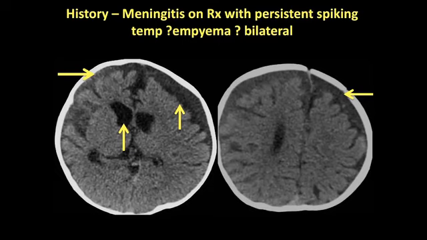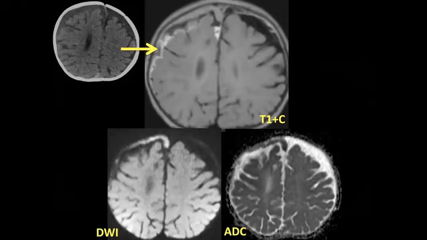How do we know which one's infected? Well, on CT, we really don't. And this is the role of MRI. So in these patients, we're going to give contrast and potentially see that enhancement. But as we know, the best way to see pus is to look at a DWI. And as you can see in this patient, in fact, the empyema was on the right and not on the left, despite the fact that the subdural collection on the left looked larger than that on the right.